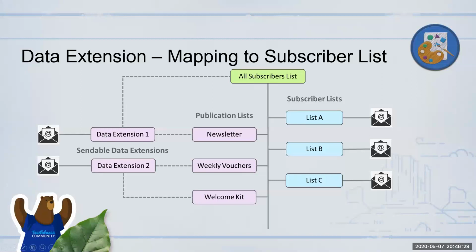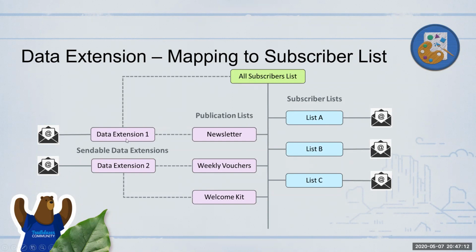So when I sent the newsletter email to this data extension, let's say I have a customer subscriber here who unsubscribes. If you are mapping it to the all subscribers list, he will show up automatically as unsubscribed in this list, which means we cannot ever send him an email from Marketing Cloud unless he comes back and says he wants to be activated, and then we reactivate him. But it gets done automatically, and he doesn't know that. All he did was click on the unsubscribe link. He never clicked unsubscribe all. He clicked unsubscribe on that particular newsletter email, but because we mapped it directly to the all subscribers list at the time of send, he will automatically get unsubscribed from all communications.